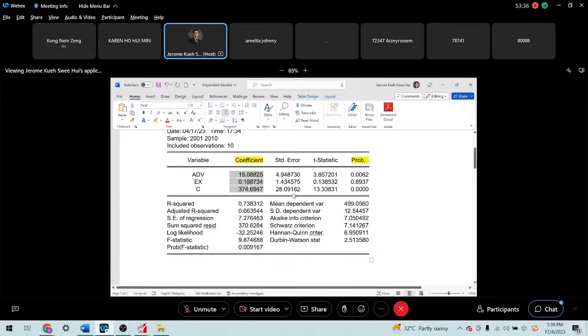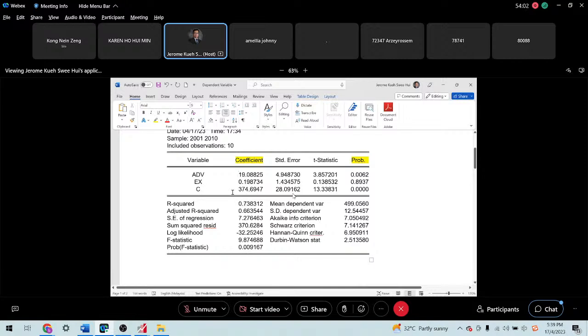So why I'm saying that is because if you look at this, the coefficient is 19.08 for the ADV. So it means that if there is a one unit change in the ADV, the GDP will change by 19.08 units. But for the EX, the GDP will change by 0.19.